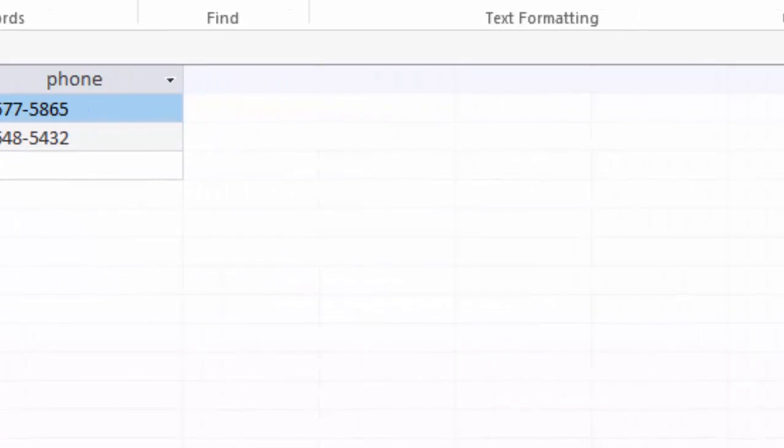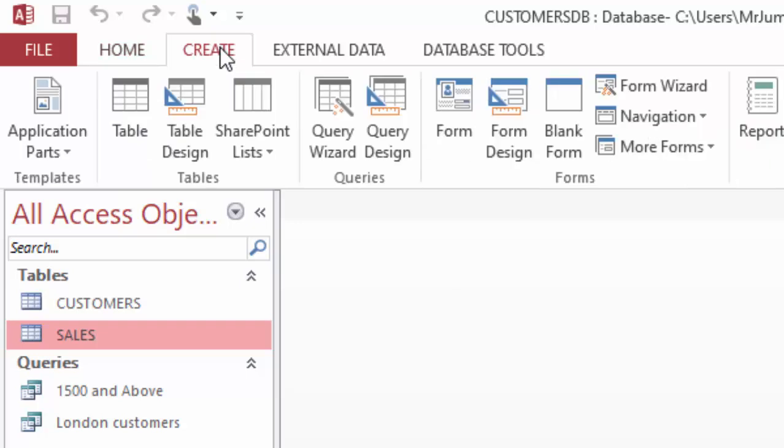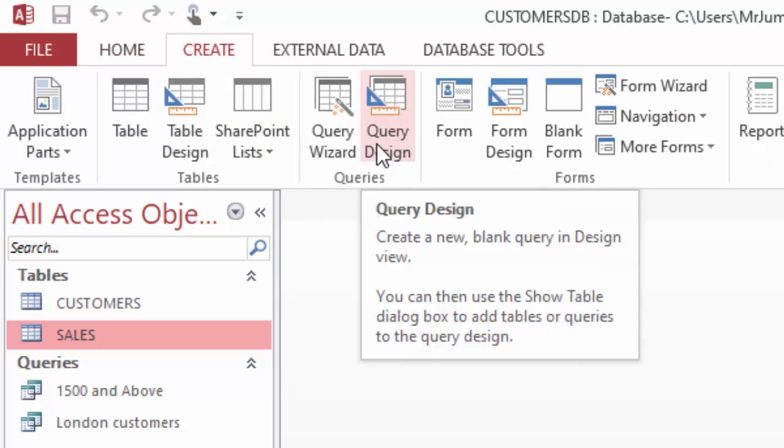Like that. Then I will just close. Next, I want to create another query, and this is I want all customers who are not from London with the balances of 1,000 and above. Okay, I want customers who are not from London and they have balances which